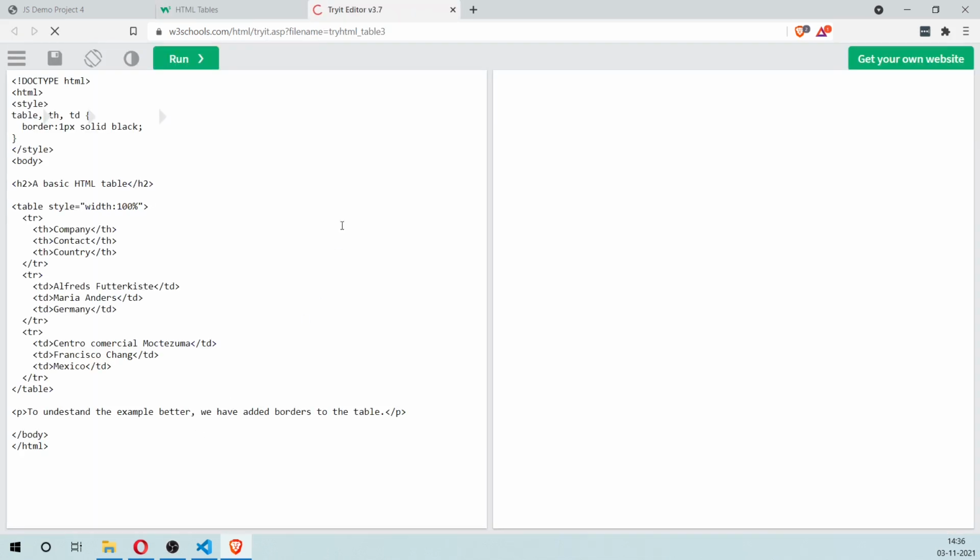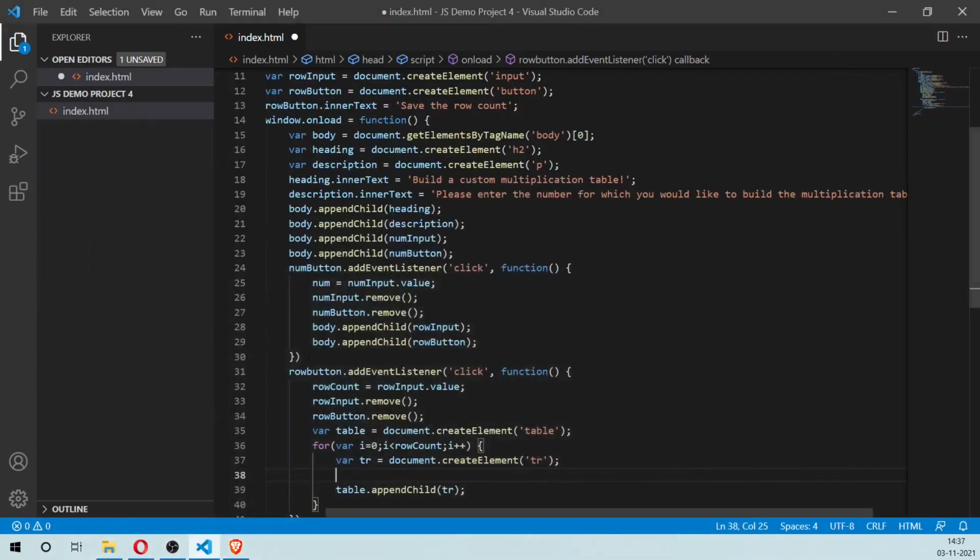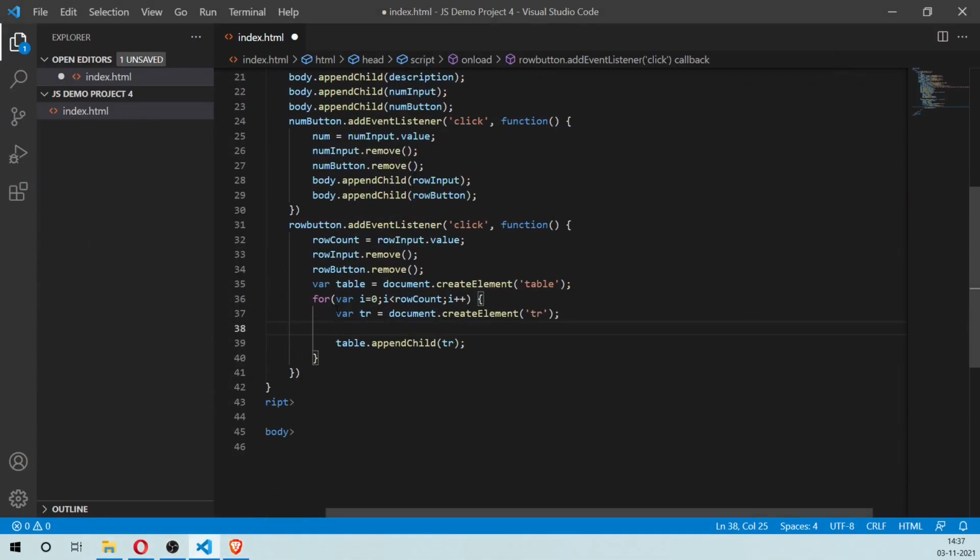So you can actually see what this looks like. So this is a particular cell, and the contents of this particular cell is inside the td tag, and these three cells are inside this row. So this row is contained inside the tr tag. So knowing the basic layout of the table tag and what comes within it is helpful when you're building something like this. So this is what we're going to try to do here. So we are first creating the row element, and inside that we're going to create individual cells, right?